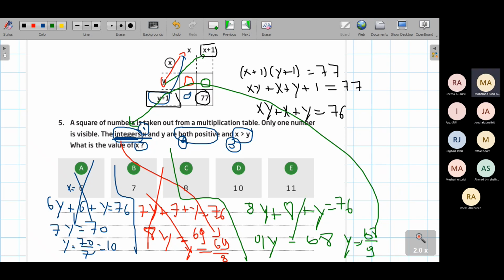So this is not our answer. Now I want to move to number 10. Replace x by 10. So it's 10y